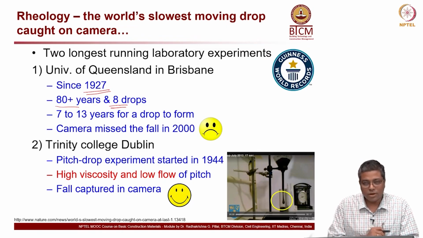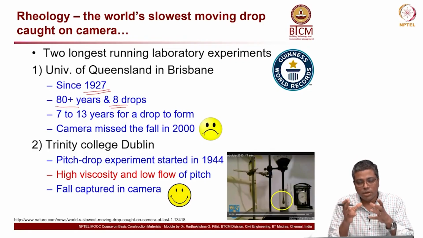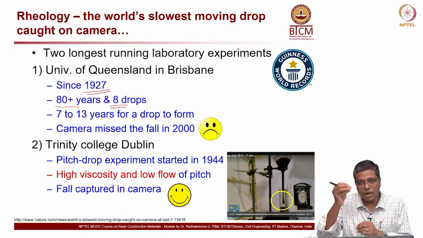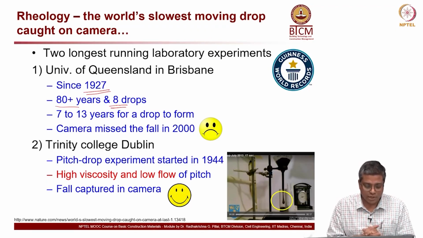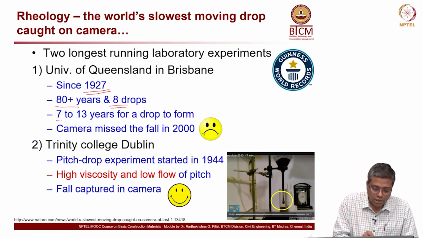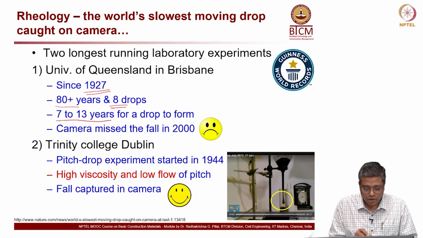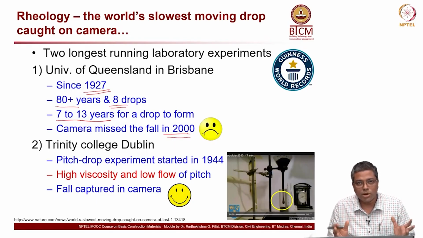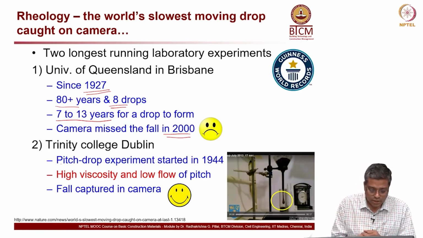In that experiment, they put the bitumen material or tar and allowed it to form the drop and fall by itself, without applying any force. So, it is all under gravity load. How long does it take for each drop to form? About 7 to 13 years. In 2000 there was one drop and they missed it, the camera could not capture it. Another experiment of similar nature is happening in